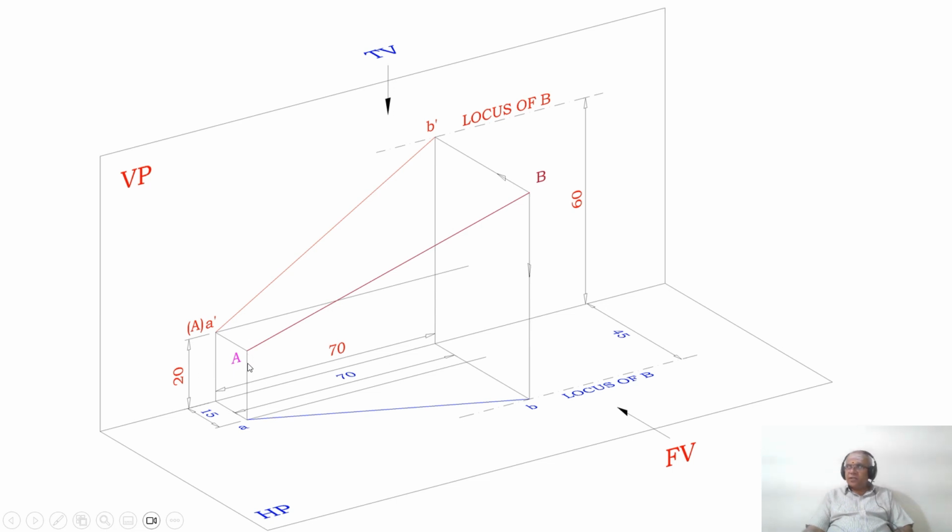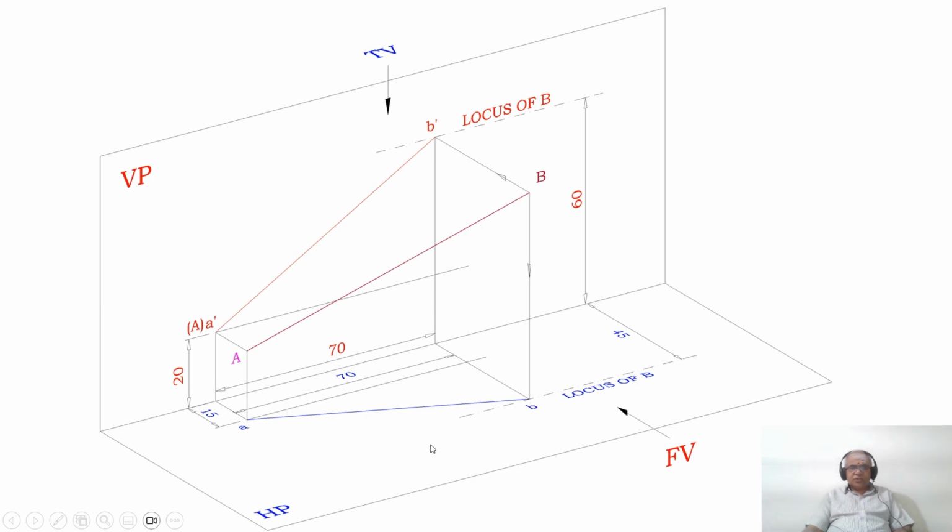So this is the end projector in space, and this is also the end projector in space. The distance between the two, when you look from the front view, since the front view is perpendicular to the viewing direction, that point will lie on this. And similarly, when you look from the top view, the end projector distance will lie on this line,